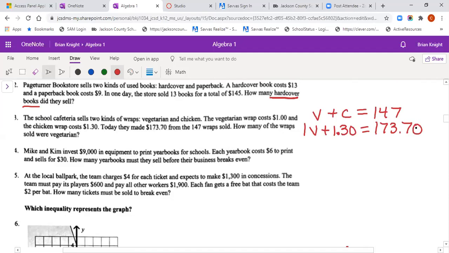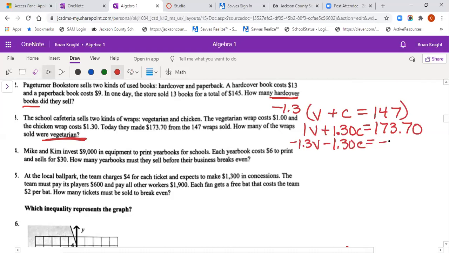Don't forget the variable C. That just looks ugly and it bothers me. They want to know how many wraps sold were what? Vegetarian. So I'm going to need to get rid of C. So multiply everything by what? -1.3. All right. So -1.3V minus 1.3C equals negative